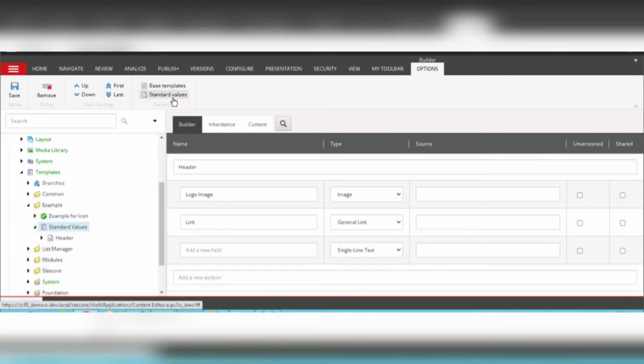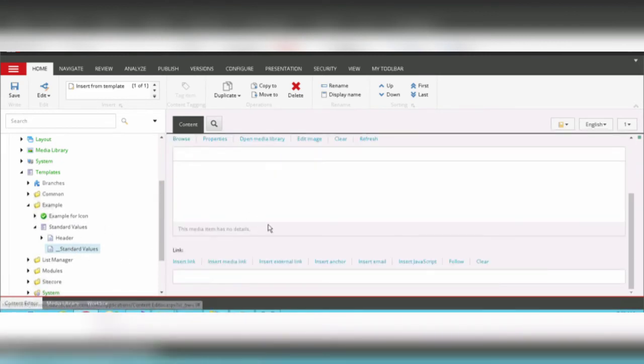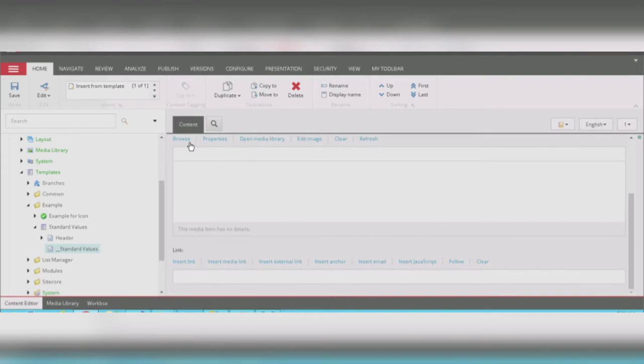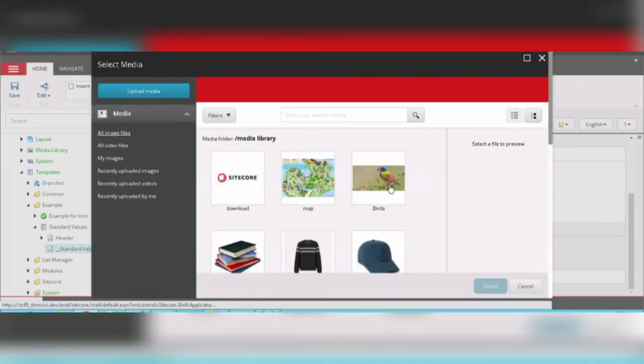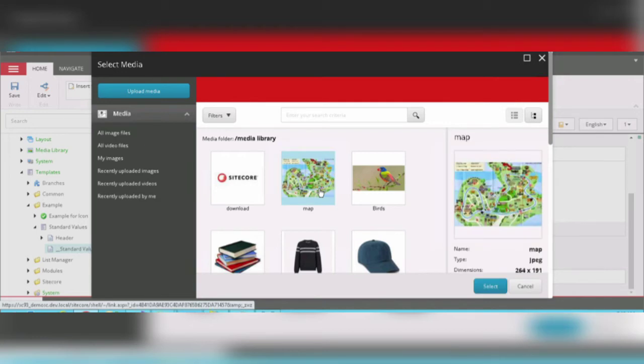We have to click on standard values and see, the fields which we have given in this template will be there, and we have to select one image because this is the image field. Let me select, for example, this map. Okay, let's take this map as our logo image.